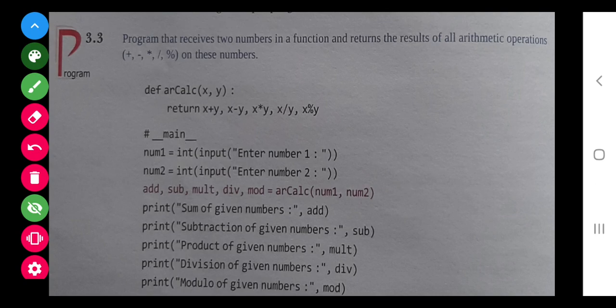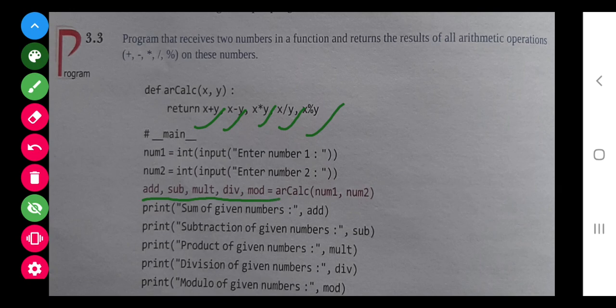Now see one more complete program they have given. Two values have been input and passed to ar_calc, that is arithmetic calculation. Now addition, subtraction, multiplication, division and mod have been done.